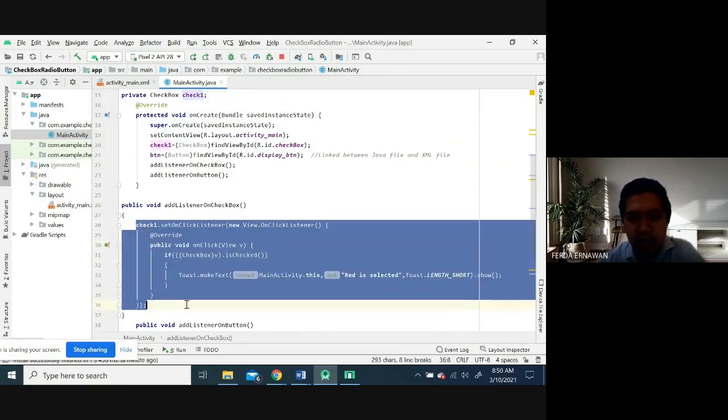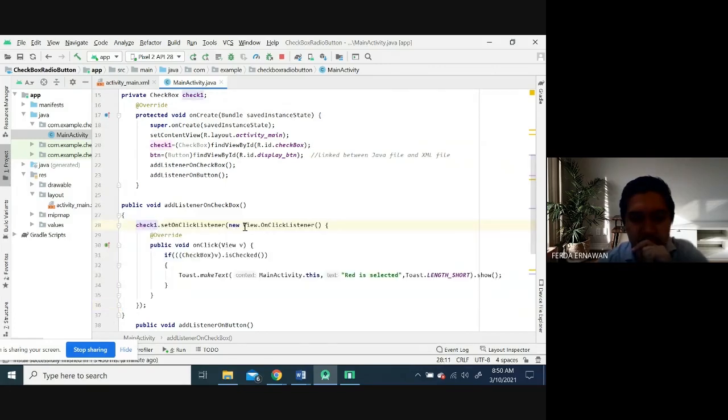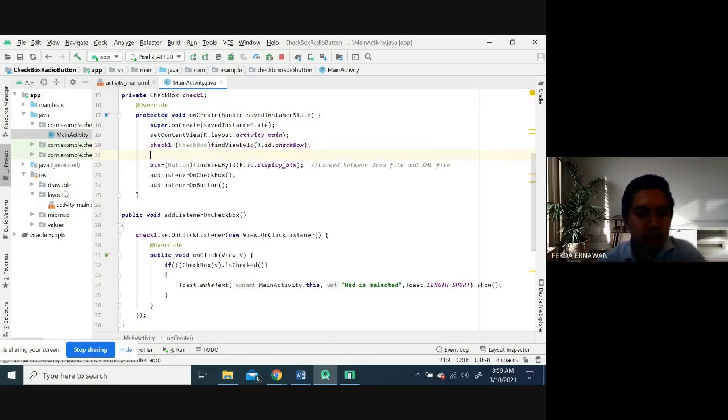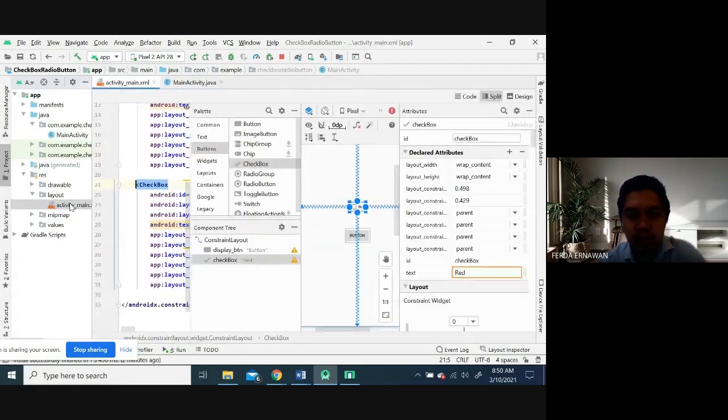So if you look at the check one set on click listener, we already refer to the check one, and then this one is the type of the check one. What's check one? Check one is checkbox. This is a statement, view, and is check. If you have another checkbox, of course, let me show it to you. So you can see the difference here.